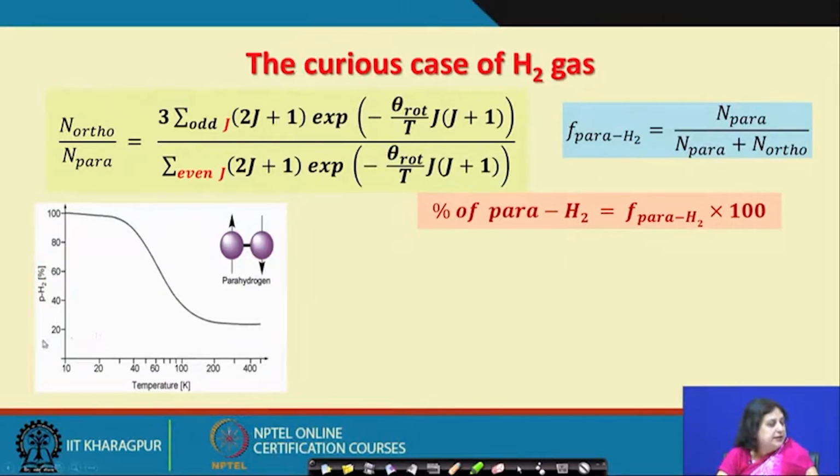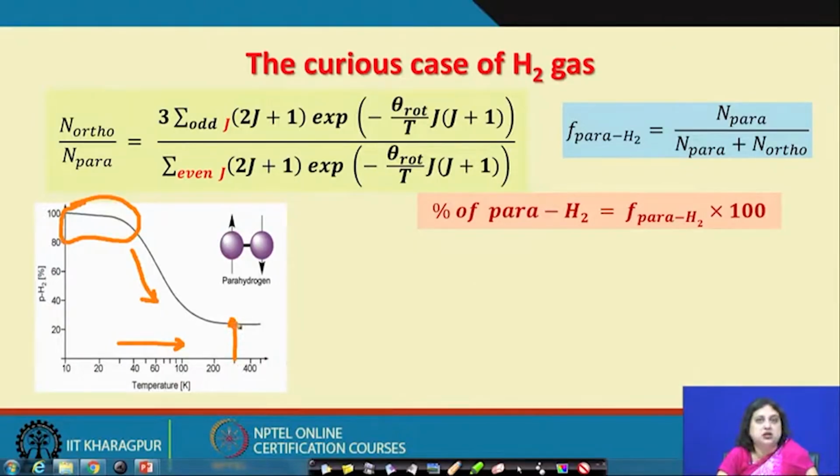So, as you see, this percentage of para hydrogen is a strong function of temperature. Initially at very low temperature, my system is comprised mostly of para hydrogen, and then as you increase temperature, the percentage of para hydrogen decreases, and finally when you are near room temperature, what you find is the equilibrium mixture of ortho and para hydrogen is nearly 25% para hydrogen, and it is dominated by the ortho hydrogen,